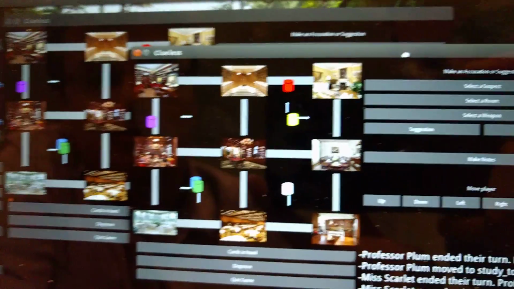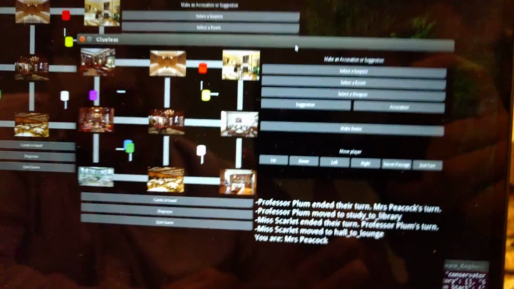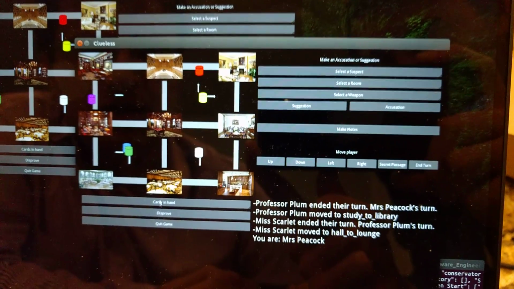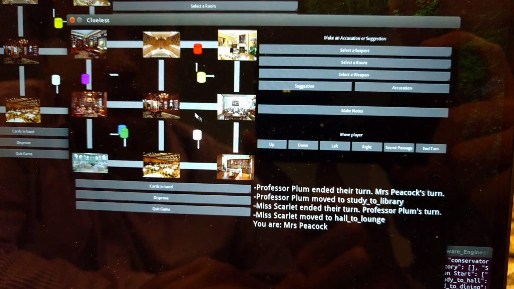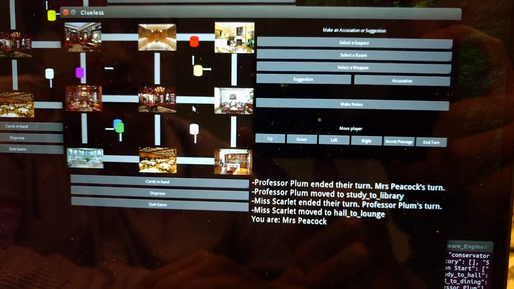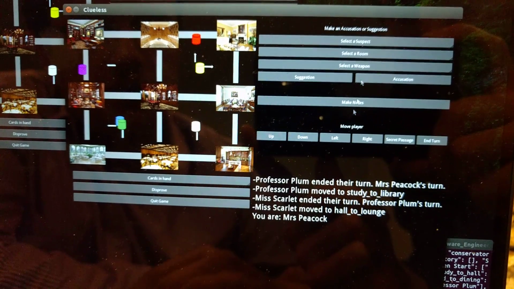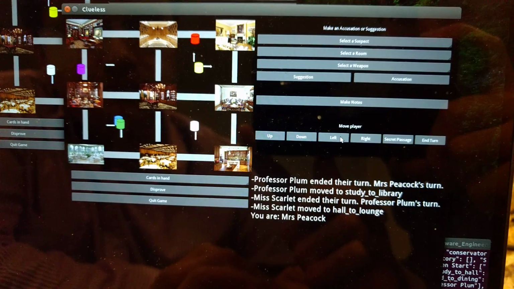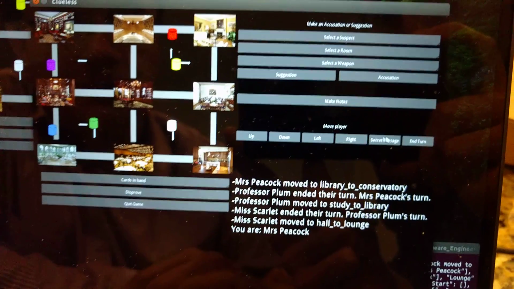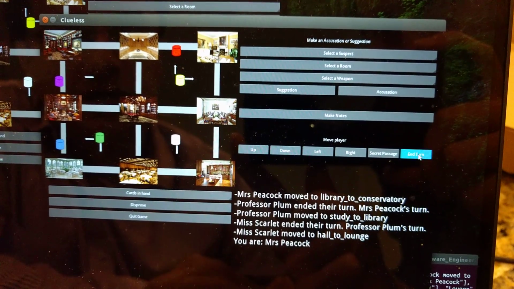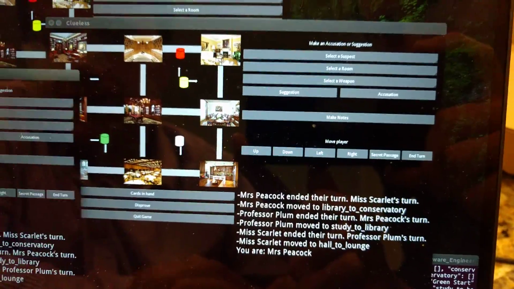Now I'll just quickly go through this one. We already showed that. So we have Peacock down, I believe that was the blue one. Blue one, yes. Okay. All right. So Peacock, go left. Going there. All right, and we'll just end the turn quickly there. Now we'll get back to